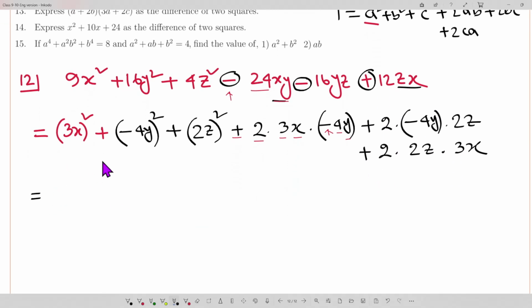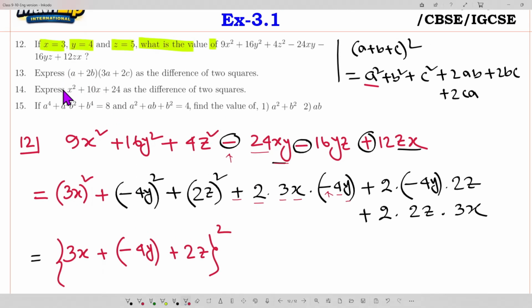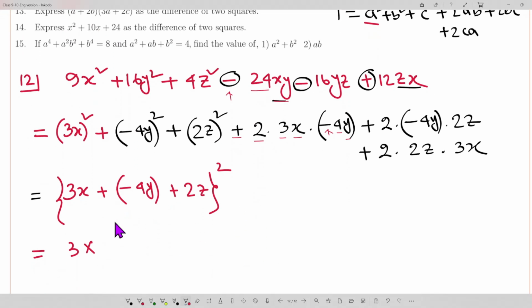Now look, and the whole thing we can write as (a plus b plus c) whole square. It means (3x plus minus 4y plus 2z) whole square. Okay, now 3 times x means already mentioned, which is 3, plus and minus, it will be minus, then 4 times y means 4 plus 2 times z means 5 and whole square. We can write, given